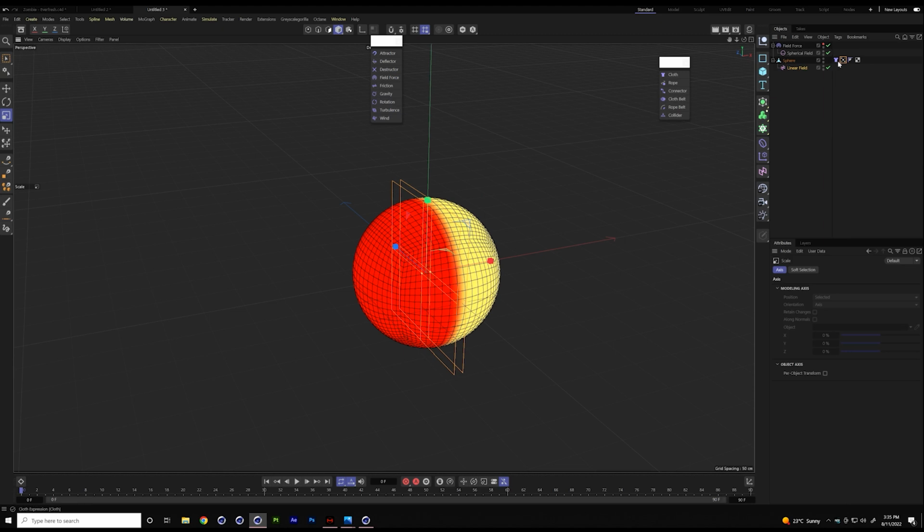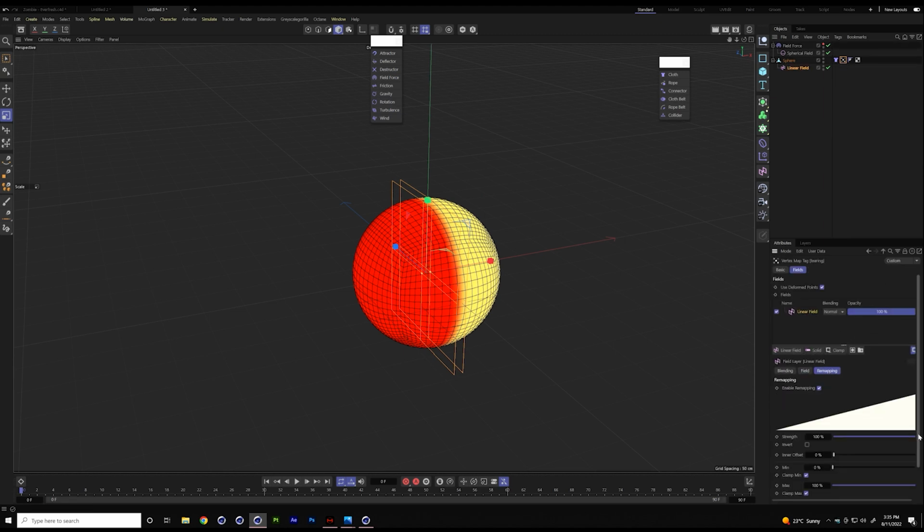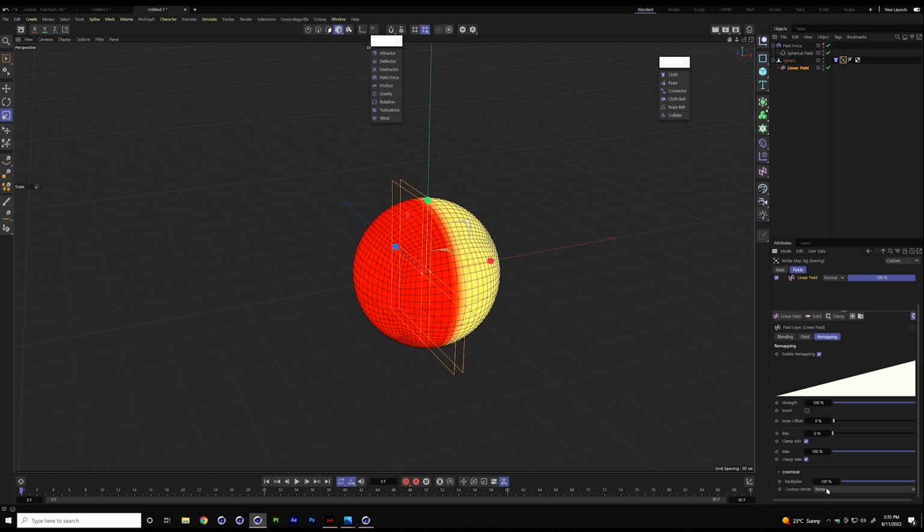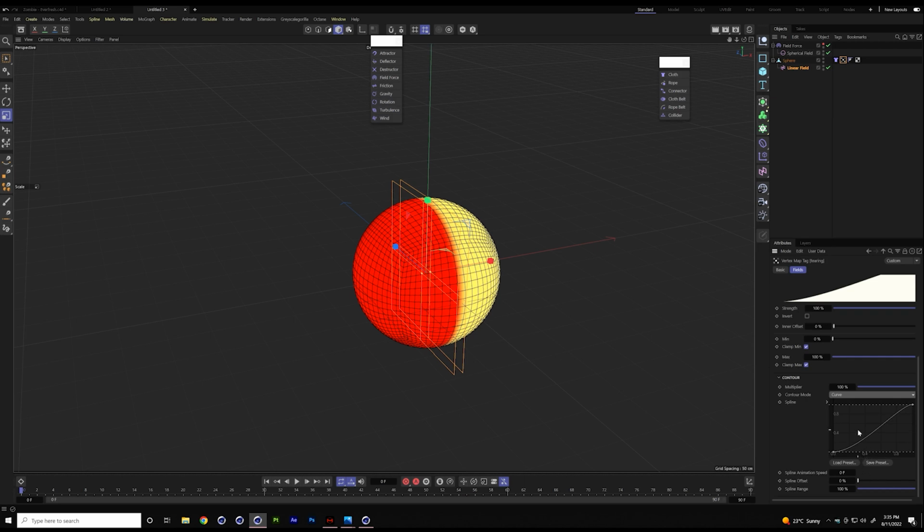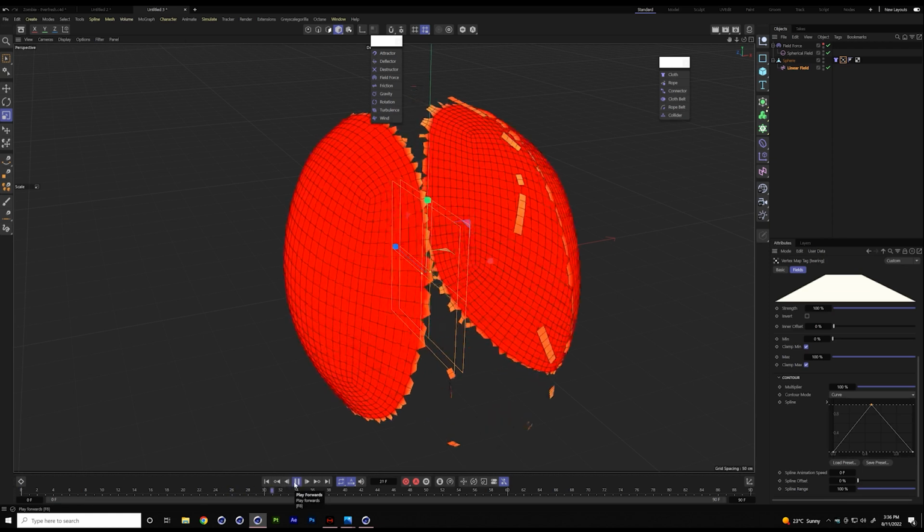I can go to my field list. I can go to my remapping, and I can say, okay, I'm going to do a contour mode curve, and then down here I'm going to say reset to make it linear. I'm going to pull this here and add another point here. So now I've defined manually a center line down which it should tear.